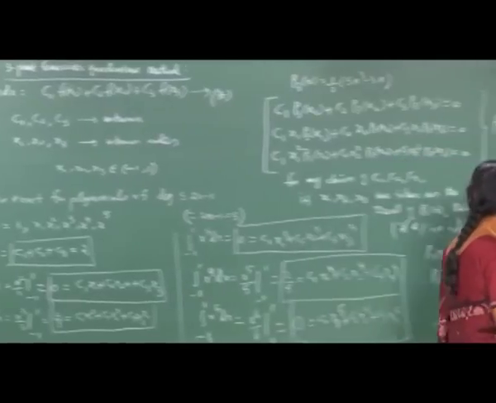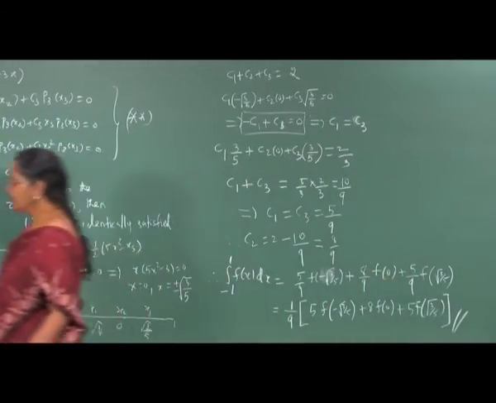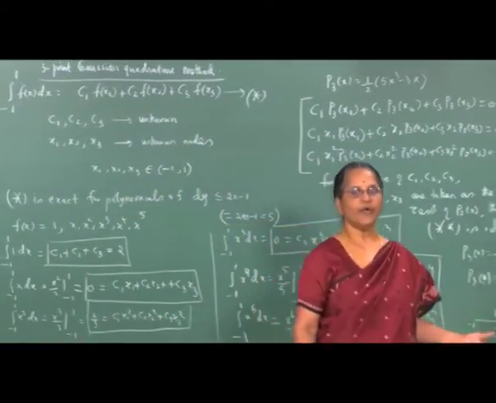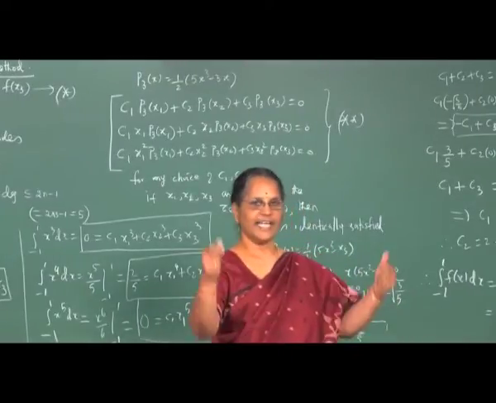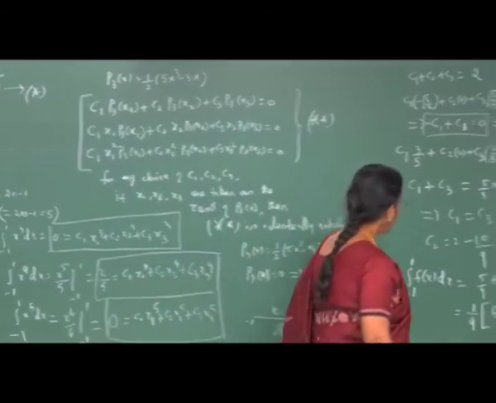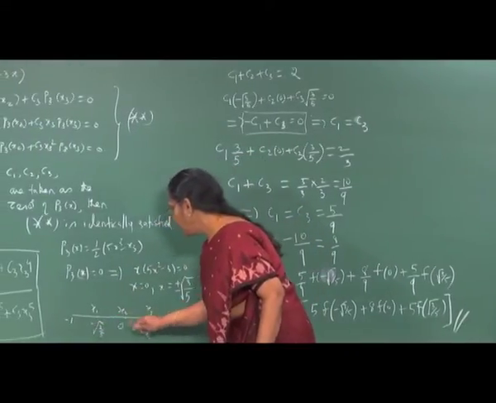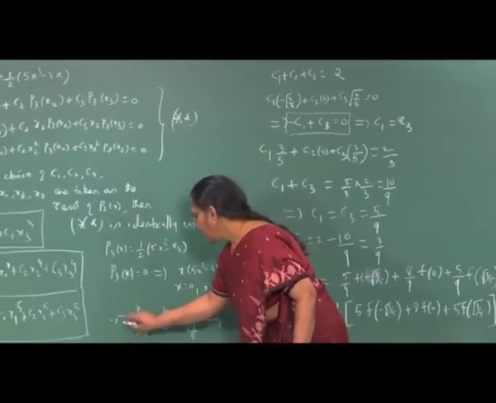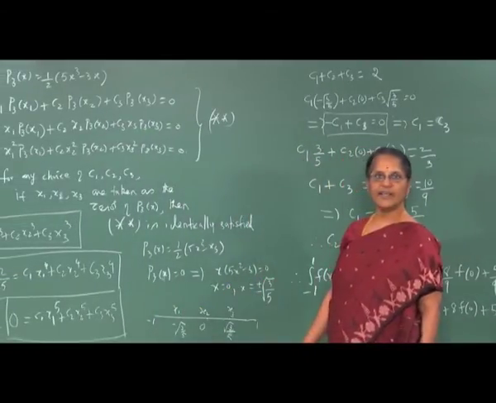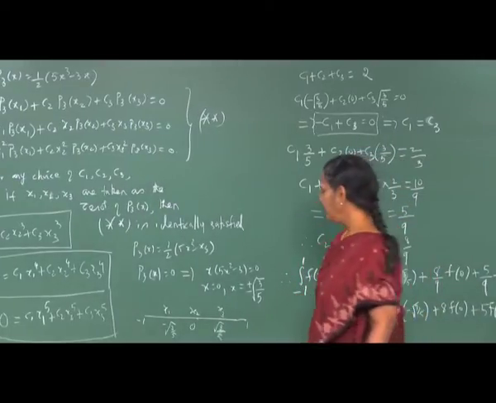So, we again observe that the nodes lie in the interval minus 1 to 1. So, we have obtained an open type formula because the endpoints are not included. And another observation is that the nodes along with minus 1, 1 in this interval are such that these points are not equally spaced. However,